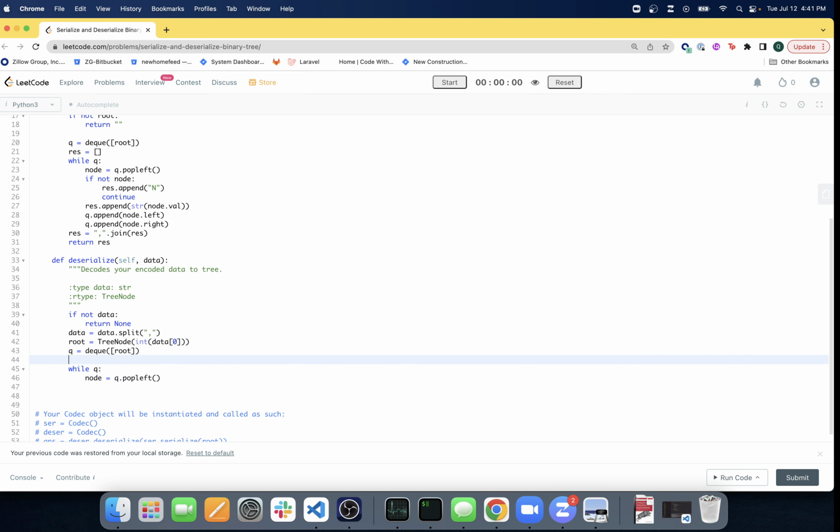Now we also need a variable for I, which will tell us where we are in our data. So we're going to start I at 1 because we already used the first position 0 for the root node. So we're going to say, if data at I is not equal to null, then we're going to